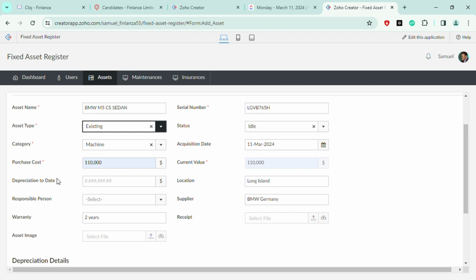Yeah, you see there's this depreciation to date. This is the amount that has depreciated to the day you are adding this asset to this register. So let's say you bought it at 110,000. Another thing I should quickly point out is